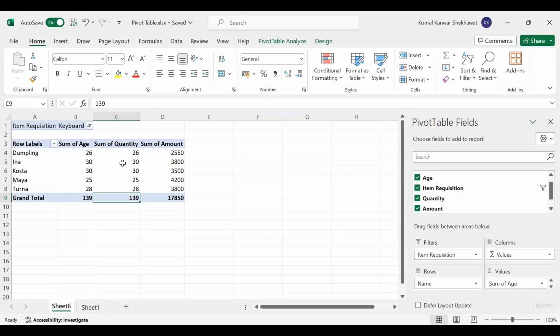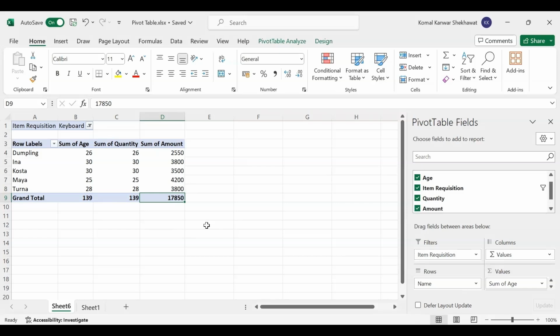So that means being an owner of the shop, I need to create a total requisition of 139 keyboards. Okay, and the total amount required for this is 17,850. So quickly you can get a glance of entire information, like whatever information you want to check out from